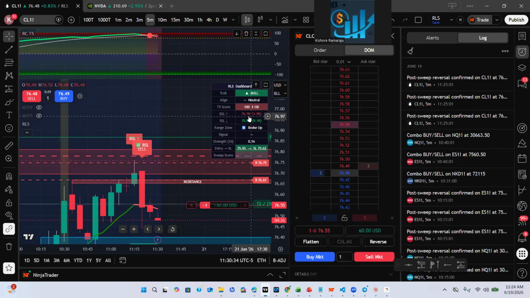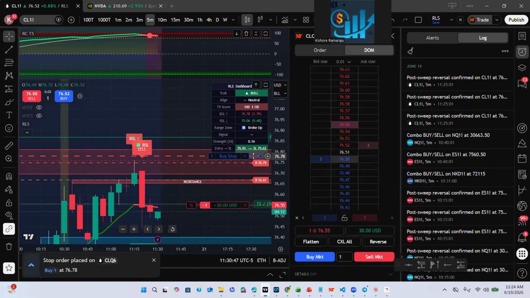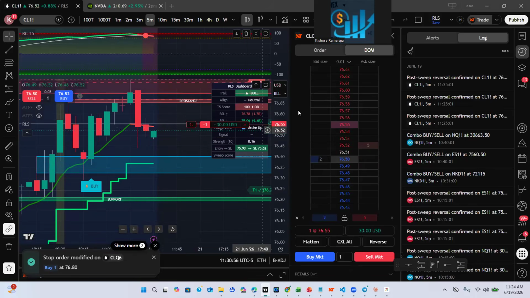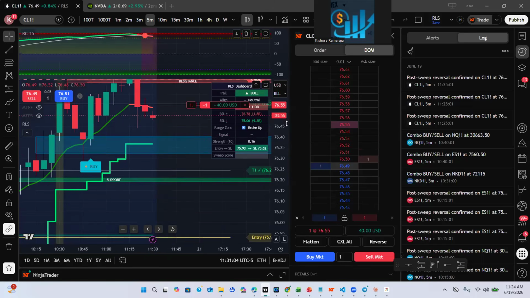It is showing that your BSL is at 76.78. You can just go to 76.79 and add a stop loss. I kept a stop loss at 76.80. So if it moves in my direction, it can come all the way to 75.06. Again, today is a holiday, it closes early. But otherwise, on normal days, it can drop all the way to 75.06. And your T5 also went all the way to the top.